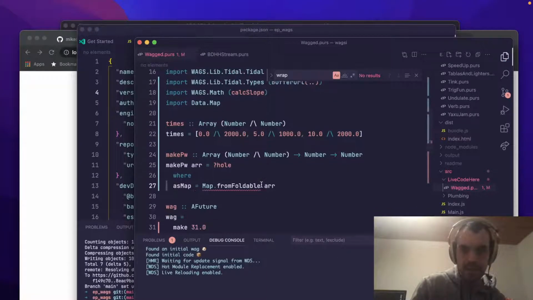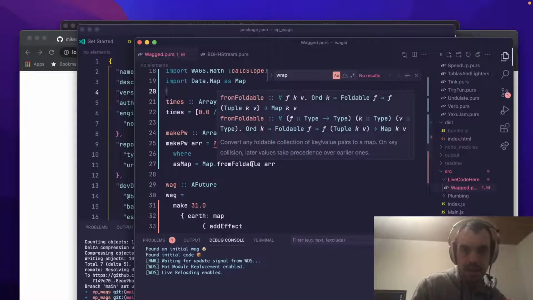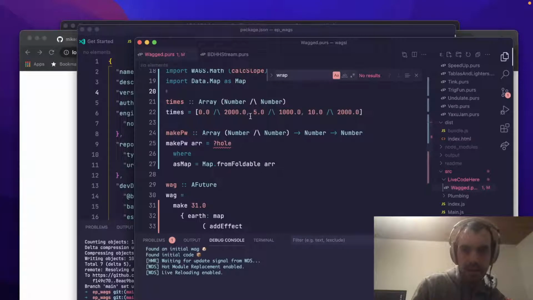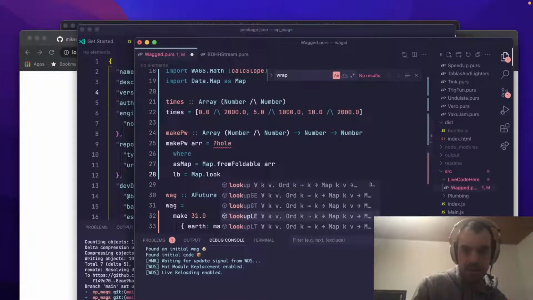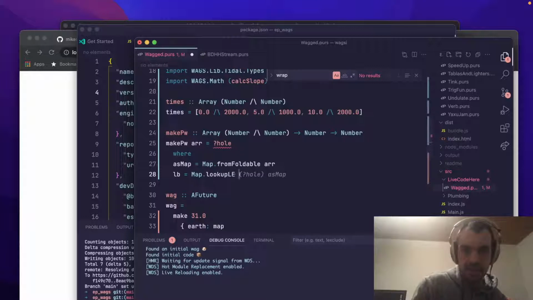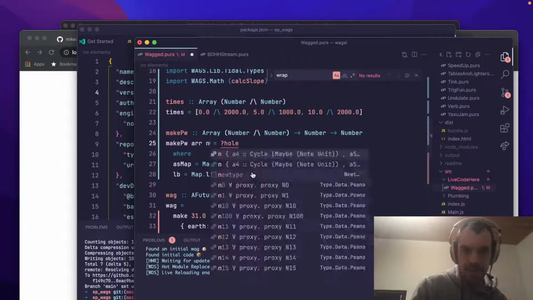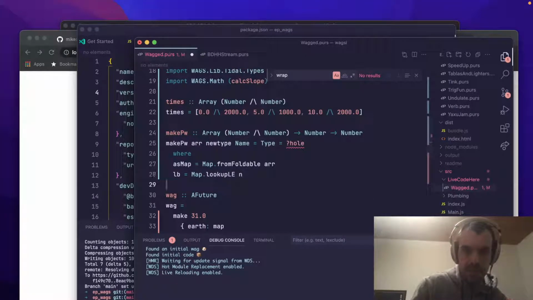So what this will do, as map, will create a map of numbers that point to other numbers. So I'm going to put low bound equals map lookup less than or equal to n, where n is the input, and upper bound is